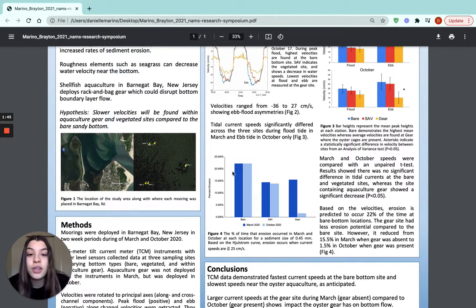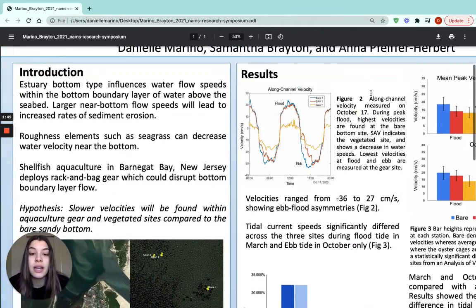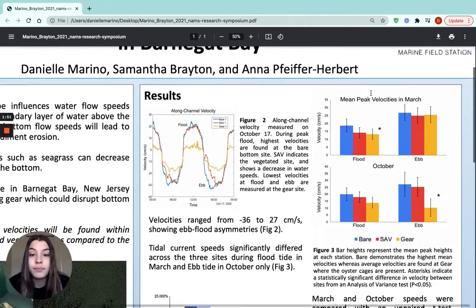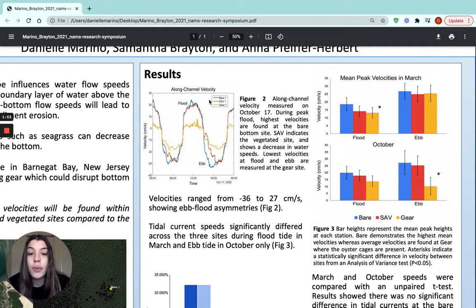So in figure 2, we have an example of a time series over one tidal cycle in October. This is showing water speed in the along channel direction. Flood is the peak positive velocities and ebb is the maximum negative velocities. We see in the gear station that it has much smaller velocity values for both directions in comparison to the